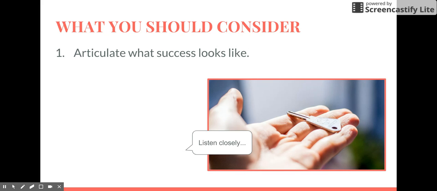So make sure that when you're providing feedback, or at least when you're starting out with an assignment, that you're articulating what success looks like. Here are the things that I'm going to be looking for in this assignment, in this project, in this group work, during this class period, during this activity, etc. Here are the things that you are going to show me that you have understood the expectations, that you show me you're learning.